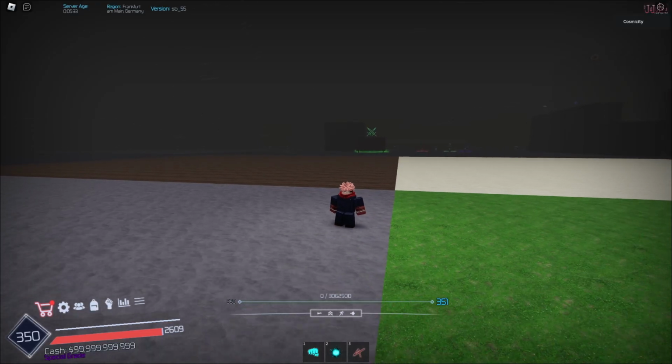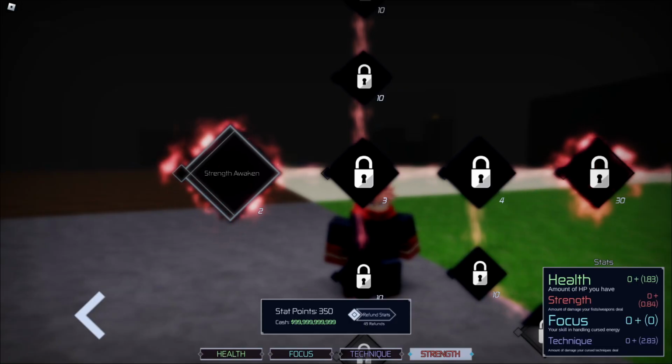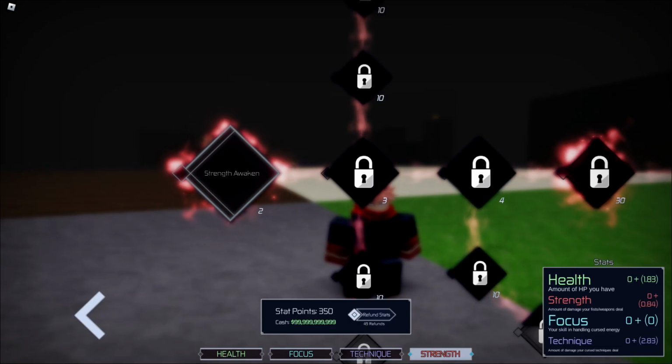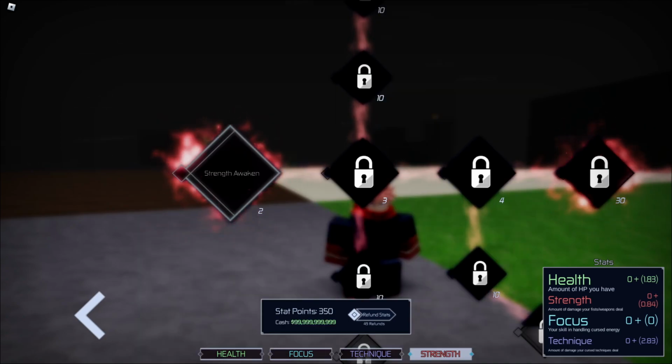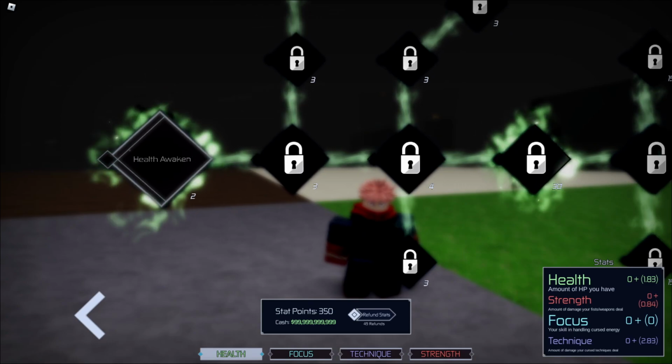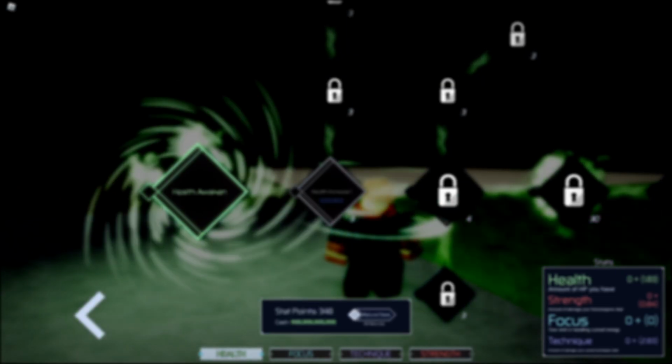When you're not in this sandbox realm, which I am in right now, you would also have a fifth, which is where you can look at your innate techniques, and this is where you unlock your moves for your innate techniques. So let's just start off with health. First of all, we have Health Awaken, which you need to...